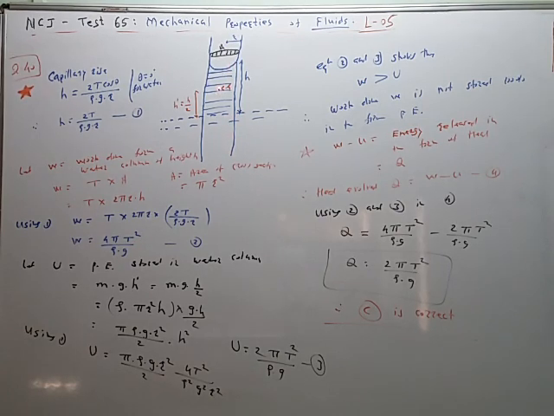Now, when the water column is formed, some potential energy is stored in this water column, and it is given by m into g into h dash. Why h dash? Because the center of gravity is at half of the height h. So h dash is equal to h by 2. So m g h dash, and m is the mass of the water column. So mass of the water column is equal to density multiplied by volume. This is the volume of the cylindrical water column. It is equal to pi r square h into g into h by 2. So this h square is there. So using again h from equation 2, we get this relation. So U is equal to 2 pi T square upon rho into g.